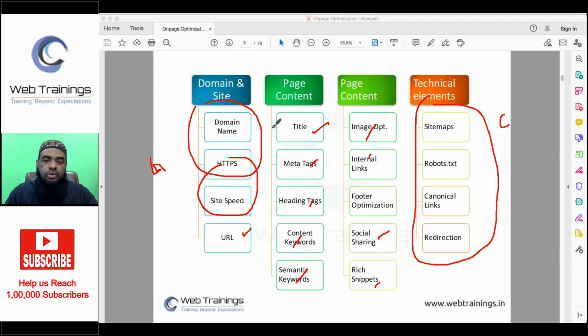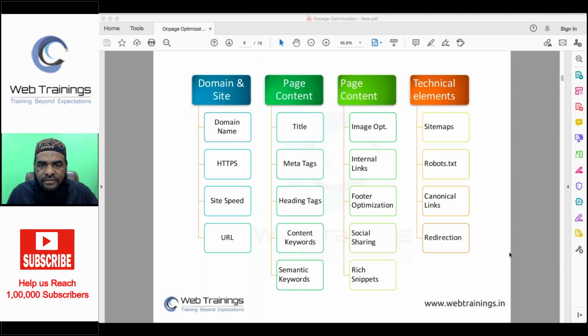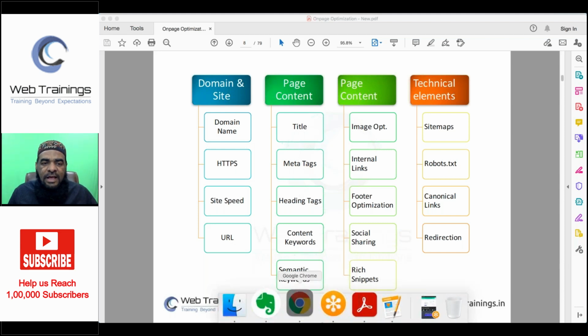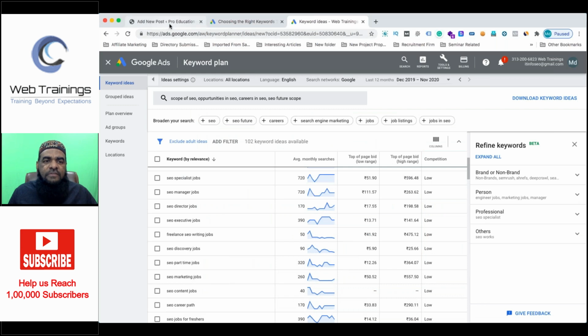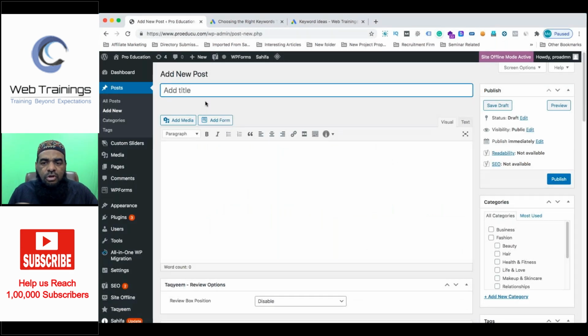So I'm now going to show you how we can easily do on-page in a few minutes of time. Practically, we can just add the elements, and I'm going to use Yoast SEO for our WordPress implementation. So here, first I will start with URL optimization, then title optimization, and all the aspects practically I'm going to show you. So already I have a website logged in. So this is our website, and this is our blog post already ready.